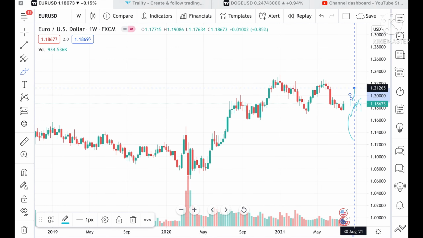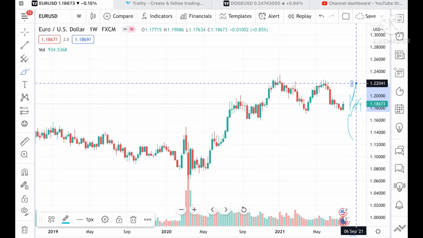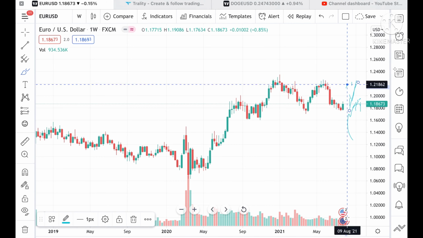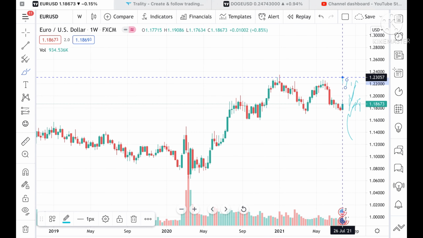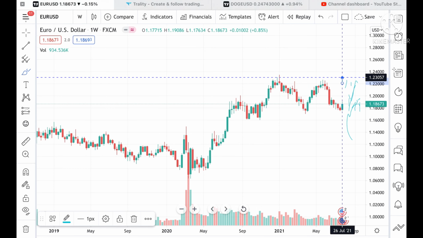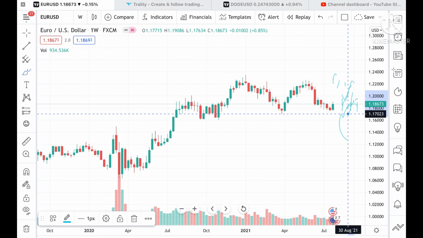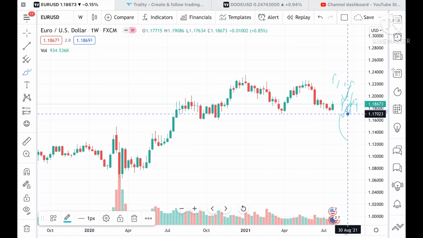and from there we can see a level of 1.218. If it goes above this level, then we can see a level of 1.222, and from there we can see a level of 1.22699, and this level is tested twice, so chances will be very high that it can touch a level of 1.23057. Once this level is crossed upside, then we can see a level of 1.23475. But if it crosses below this level of 1.1756, then chances are high that it can touch a level of 1.17023, and from there we can see a level of 1.15947.